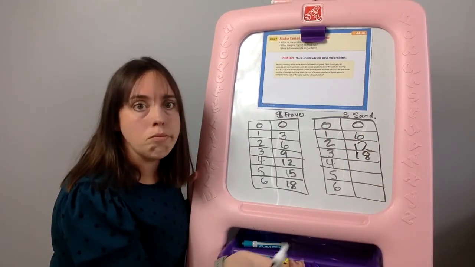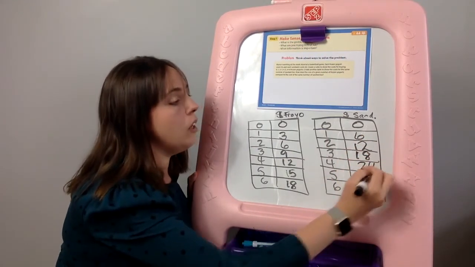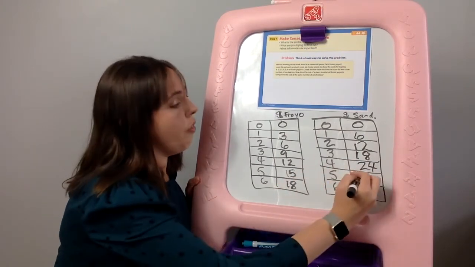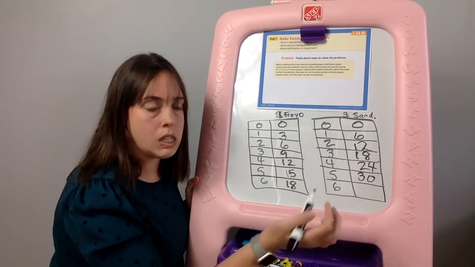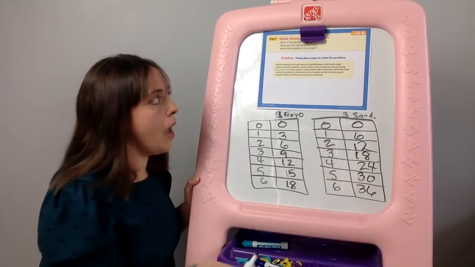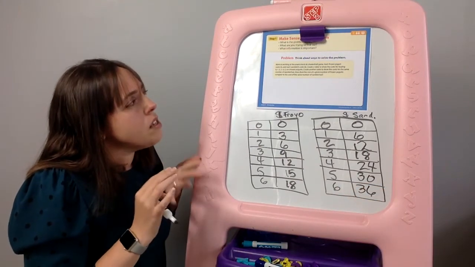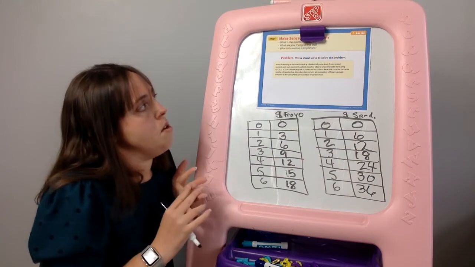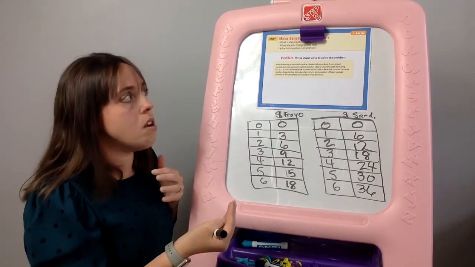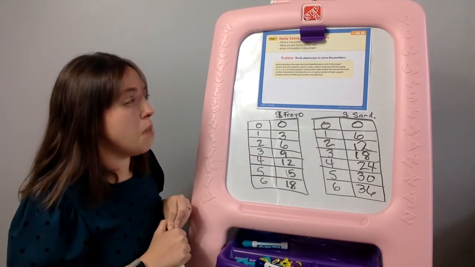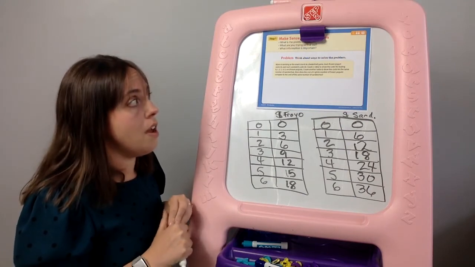What would 4 be? You said 24, you own it. Okay, what would 5 be? 30, and then last but not least, you're right, 36. Okay, so it says, how does the cost of a given number, so we've created our tables, and it says, how does the cost of a given number of frozen yogurts compare to the cost of the same number of